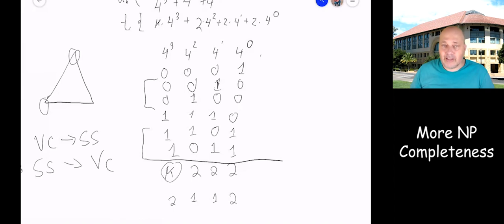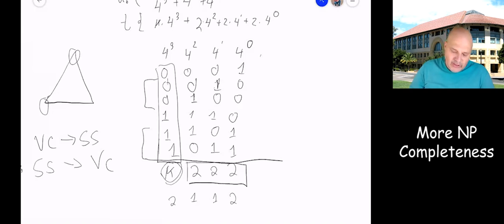They are going to be of size k, because the only way to reach this k is that k is always the number of vertices you take. Because I only have ones here, to reach a k here, I need to take k vertices. These k vertices I'm claiming are going to be a vertex cover because I need to reach 2, 2, 2 here.